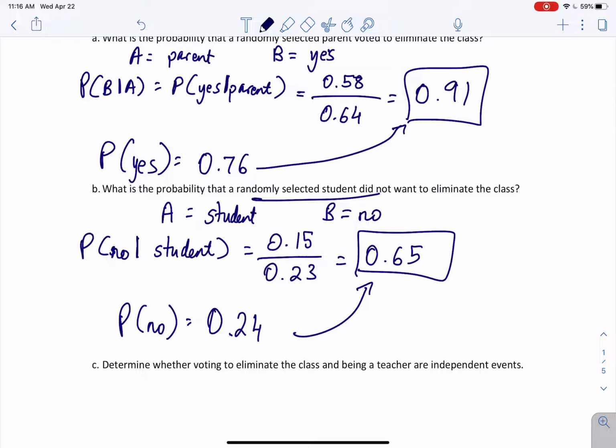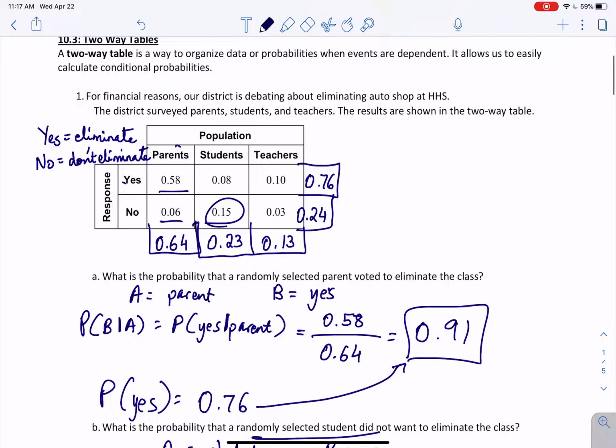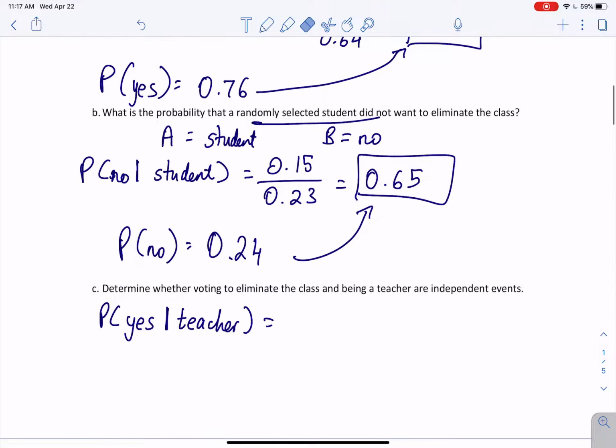Now we want to know, is this independent or dependent? For students and parents, it seems like it's dependent. So now we'll test for teachers, right? So we want to know, what is the probability of voting yes, given that you're a teacher? Well, yes and teacher, that's 0.1. And how many teachers were there? That was 13%. Right, so 0.1 divided by 0.13,